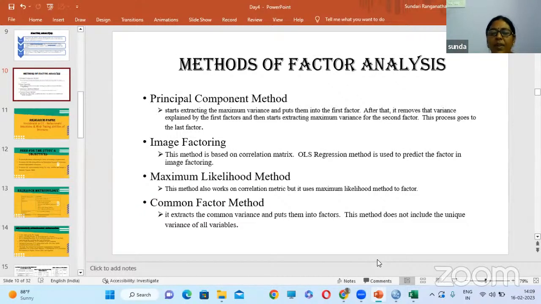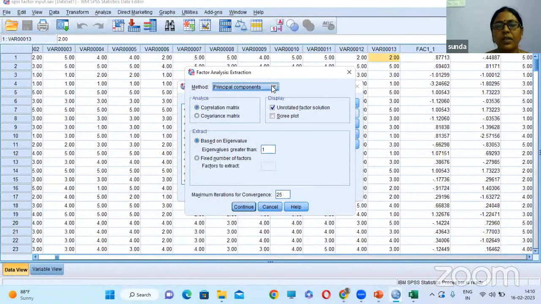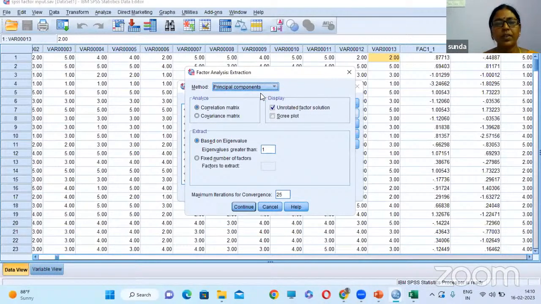And there is something called common factor method, where all the common factors will be grouped together. That is the method through which you want to group your factors. These are all the methods. In general, we will be choosing principal component method. For commerce and social science research, principal component method is the most preferred method. So principally one basic factor group will be formed, and then through elimination, the other factor groups are formed. So we have to give instruction to SPSS on the method that you want to use, and